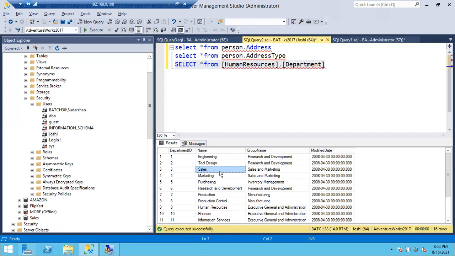Clear, Joshi? Can you repeat it? I am confused because when I'm trying to create one. What is the confusion here? Tell me once. Why? Because this is Human Resources Department. No, I did not get your question. What is that?